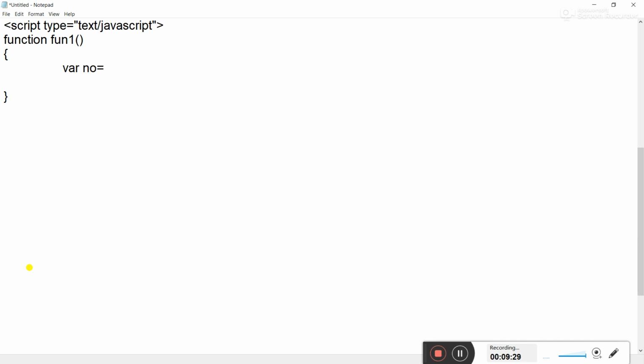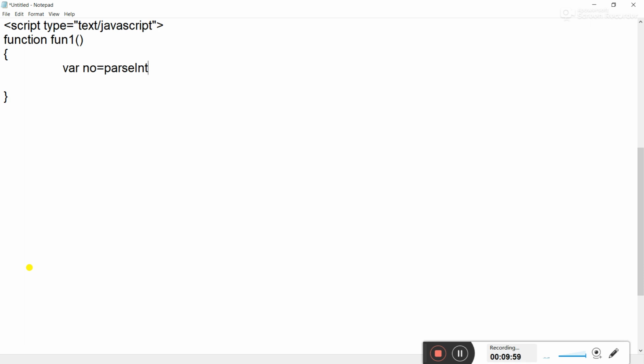number is equal to, that means variable number is equal to. We are creating a variable, declaring a variable by the var keyword, var number is equal to. Then we are going to ask the user to enter the number, right? And that number should be an integer value. That means you need to first change the value into integer, you need to parse, meaning convert, right?